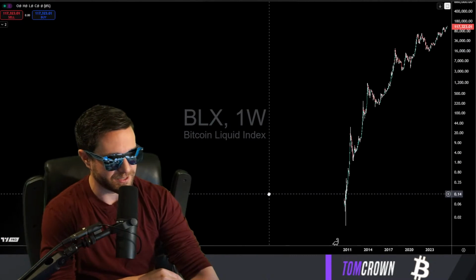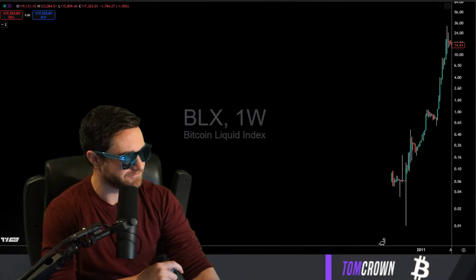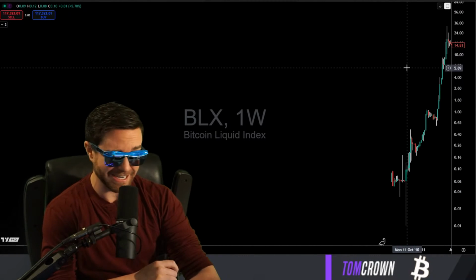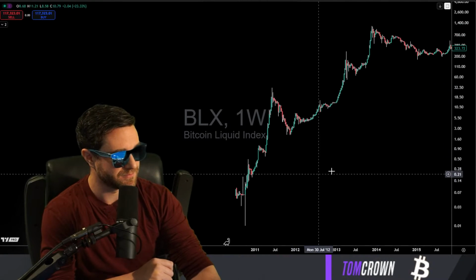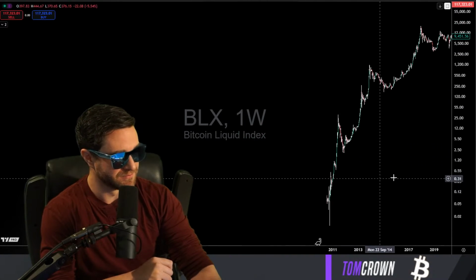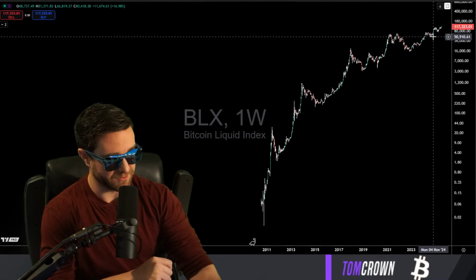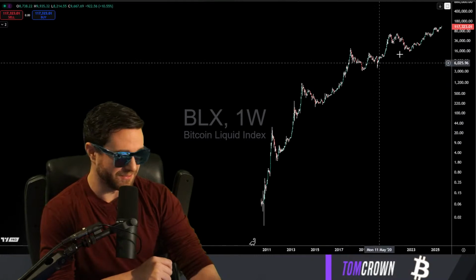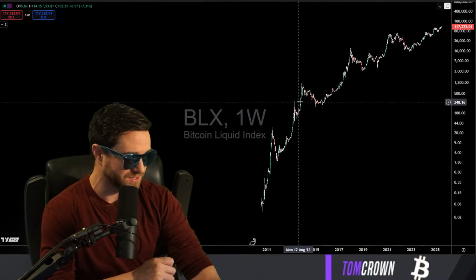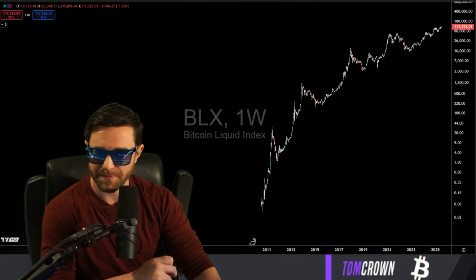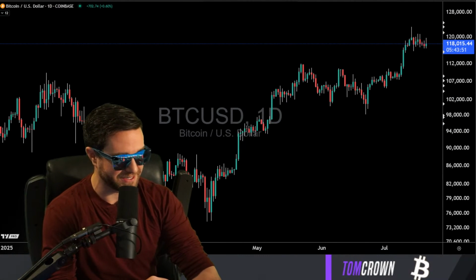Bitcoin has only ever gone up, guys. It's weird because it spends a lot of its time not going up, but it has only ever gone up, since day one. I think it will only ever go up. I think the rate at which it goes up is going to change. I think we've seen it slow down, but I think we see it accelerate at some point. Hopefully that's right now. Hopefully that's this year, but I'm not going to bank on it.